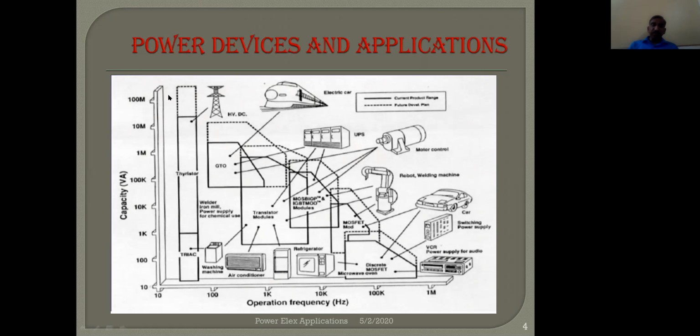Means if I take the case of HVDC, it is low frequency but high power application, so it involves more thyristors. Washing machine, etc. applications, ACs are again low frequency applications, low power applications. They involve triacs, small MOS, power BJTs. Refrigerator and television are quite moderate frequency applications. They again use MOSFETs and BJTs or power BJTs, etc.